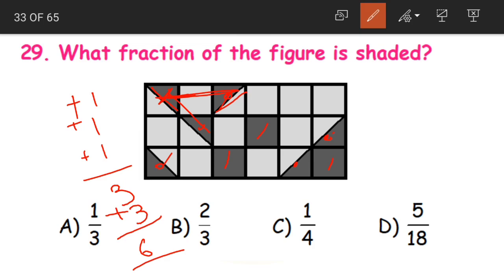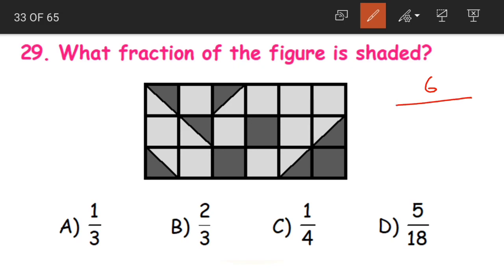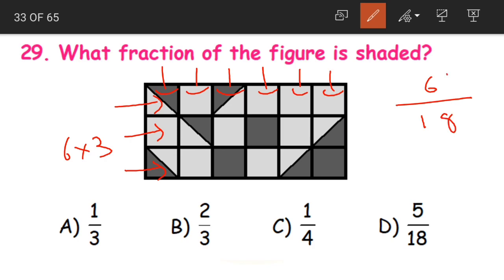See, 2 halves make 1. Yes, so we are considering these 2 halves as 1, these 2 as 1 and these 2 as 1. So that makes 3 blocks and then we are having 3 fully shaded blocks. So overall we are having 6 fully shaded blocks. That becomes our numerator divided by, what will be our denominator? 1, 2, 3 into 1, 2, 3, 4, 5, 6. 6 3s are 18. In total we are having 18 blocks. So 6 by 18 is our answer.